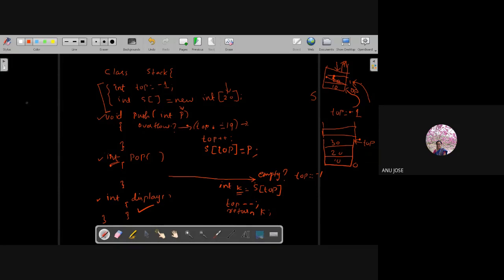Minimum requirement. Okay. So when I come to the public static void main, what should I do? As I mentioned, my intention is to create an object of this class and call the functions one by one. How can I create an object of the stack class?